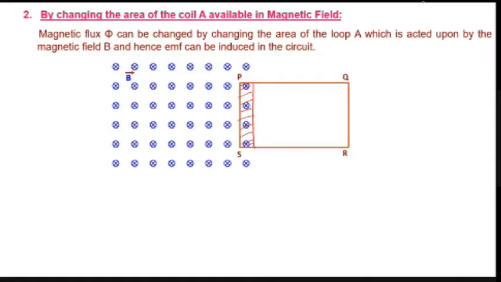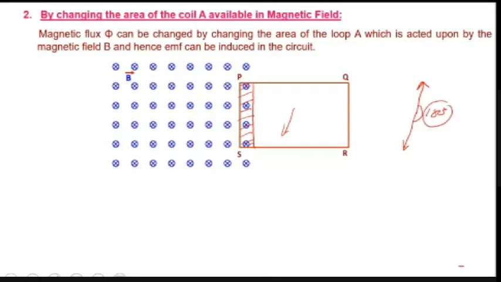As I told you, the magnetic field is into the plane. How to find the area vector? The area vector is always perpendicular to the surface. So here the coil is in this shape. If you draw the perpendicular, it is 180. This is the common mistake everyone makes. It is not new. So the angle between them is either 0 or you can take it as 180 degrees. So the angle is also fixed.